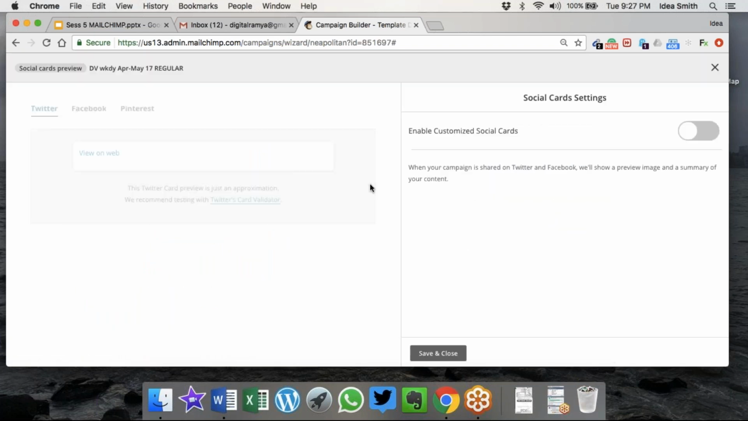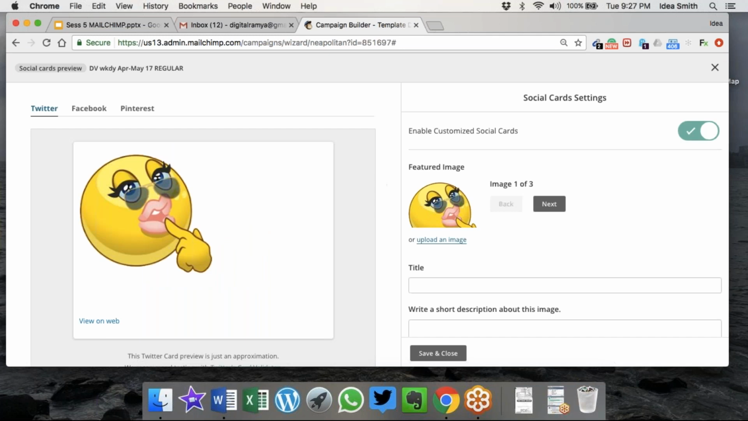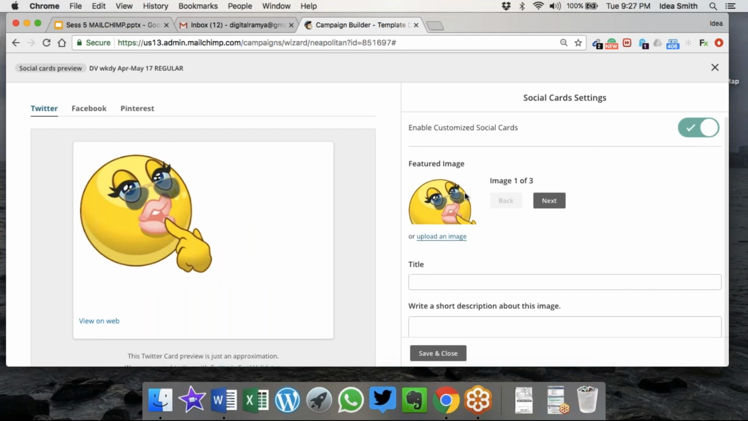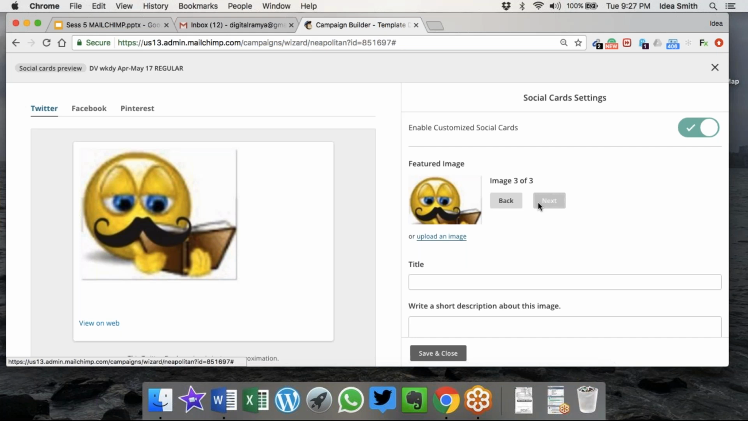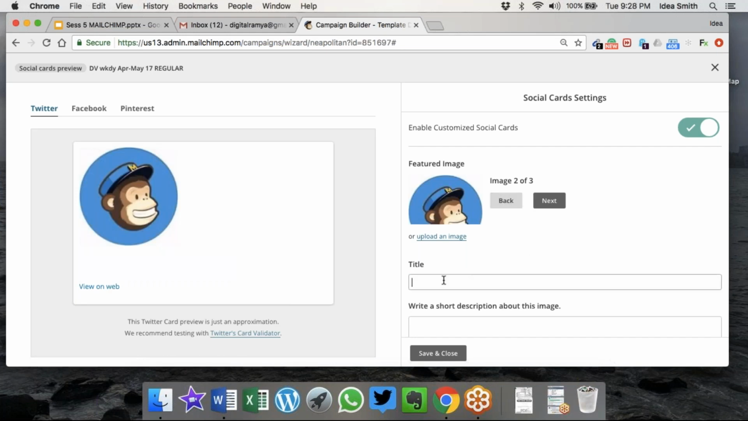One last feature called social cards. Remember the web version of this email? If it gets shared on the social media platforms, how does the excerpt look? So I'm going to enable social cards. It's going to ask me which image do you want it to carry. So I'll say carry this image, and the title should be